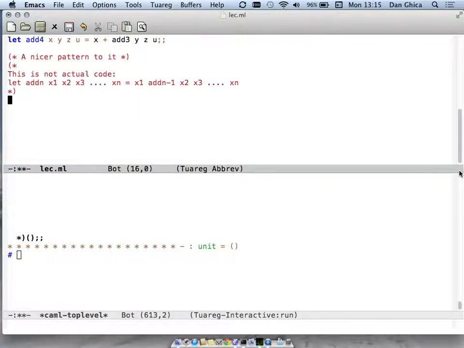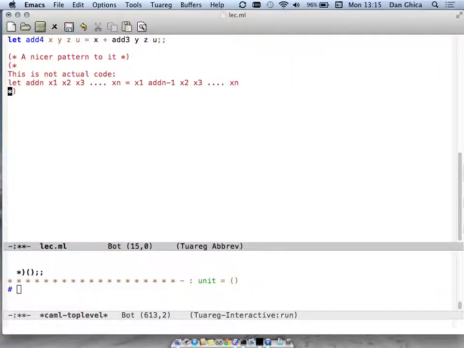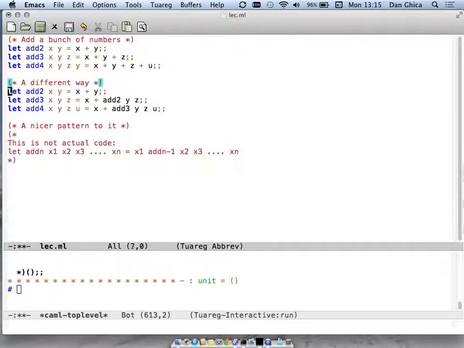Okay, so this is a little bit nicer, because imagine here I've done a simple operation, plus, but suppose that the body of the function was not just addition but something more complicated. Then I only have to write the body of the function once, and then I just call the function on the smaller set of arguments. Okay, but anyway, it's not a nice way of doing it, because